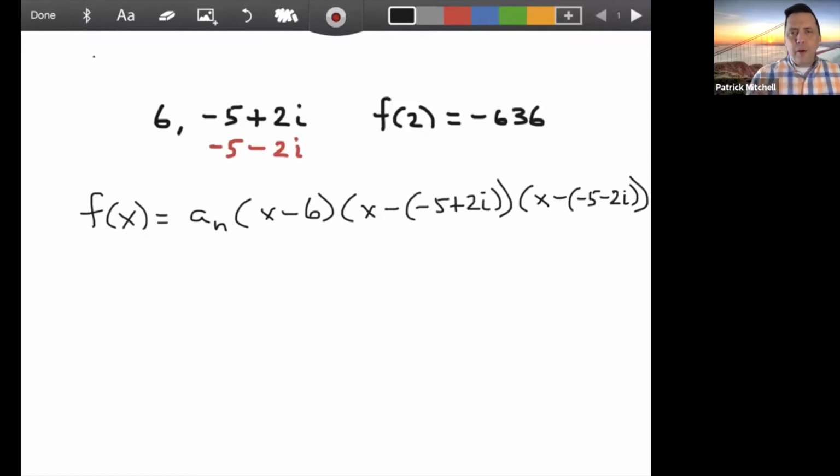All right, so unfortunately, what I have to do next is multiply all that out. I want to show you a little shortcut for multiplying these two right here. What I'm going to do is a little bit of clever regrouping. So instead of writing this second factor the way it's written, I am going